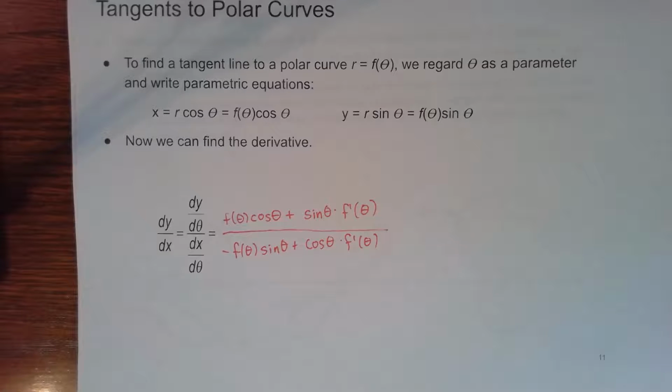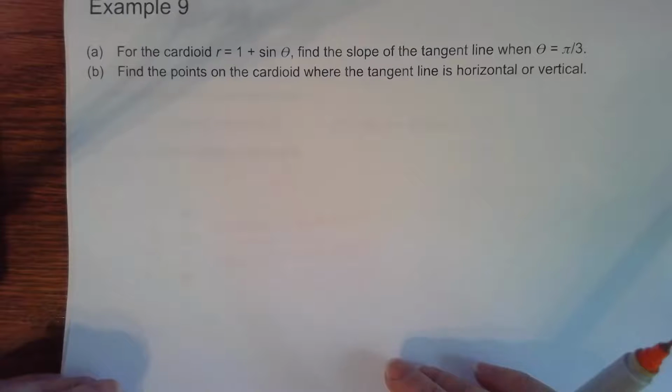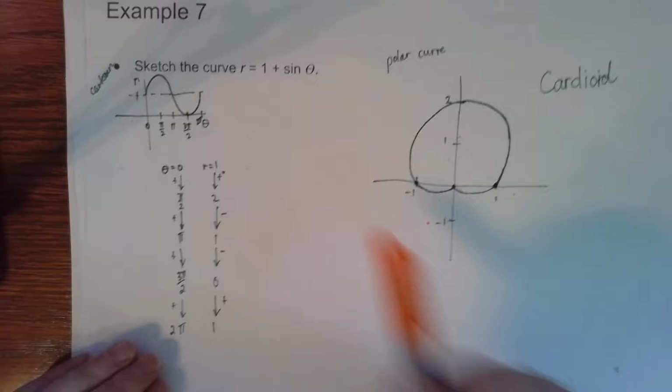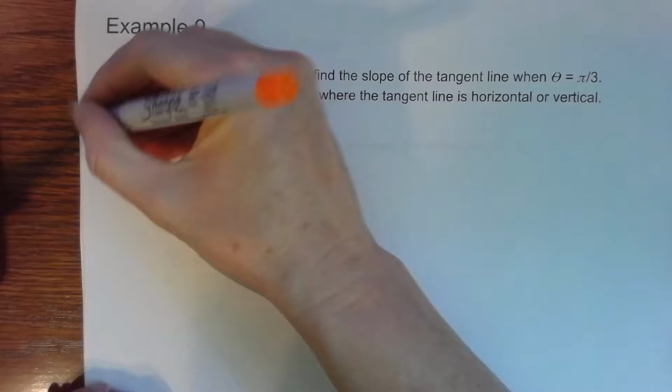All right, so let's look at an example for the cardioid r equals 1 plus sine theta. We want to find the slope of the tangent line when theta is pi over 3, and then find the points on the cardioid where the tangent line is horizontal or vertical. So let me go back. Okay, so we're thinking about this cardioid. Let's have this in our mind so that when we come back to our results we can make sure that they match our picture there. Okay, so let's start